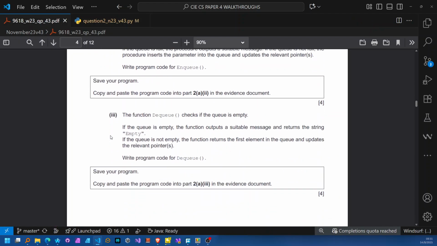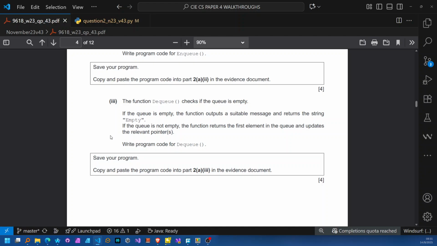Moving on to item number 3, we have the function dequeue, which essentially is going to remove an element from our queue, as it were. So let's go ahead and look at the function dequeue. One thing that you need to know about dequeue, and they've also specified it right here,